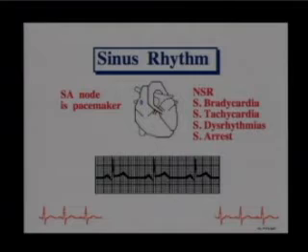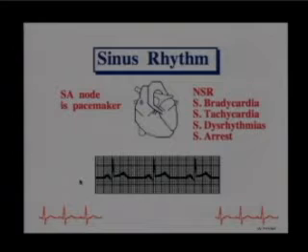We can have a sinus bradycardia, a very slow beat, a sinus tachycardia, a very rapid beat. If it starts at the SA node, it still has the word sinus in front of it. You can even have sinus dysrhythmias or sinus arrest. But if the word sinus is in front, it means it starts up there at the SA node where it's